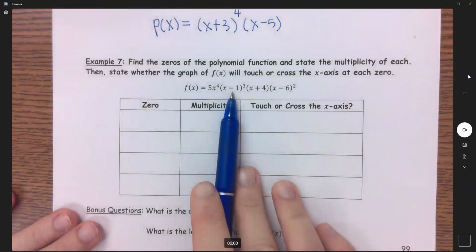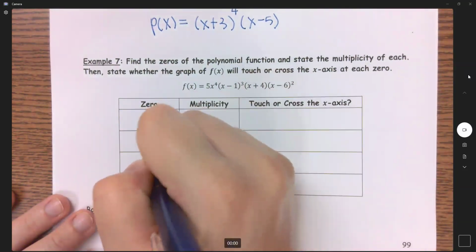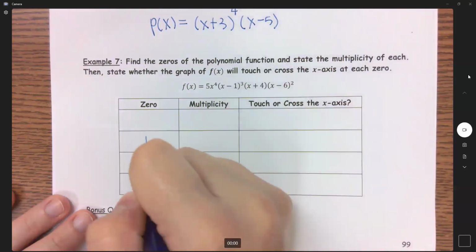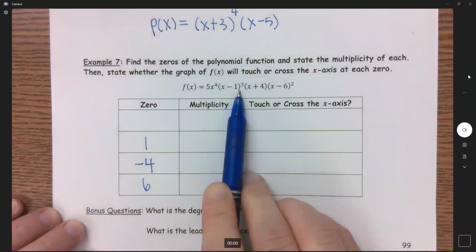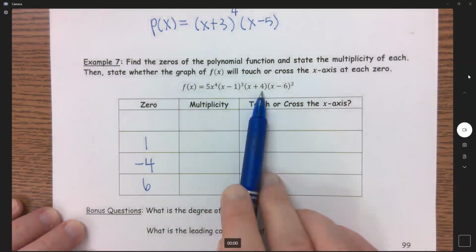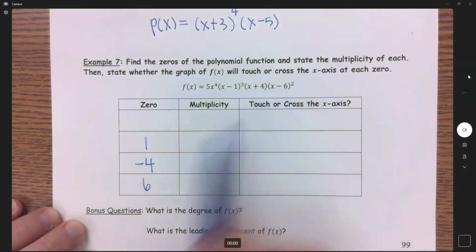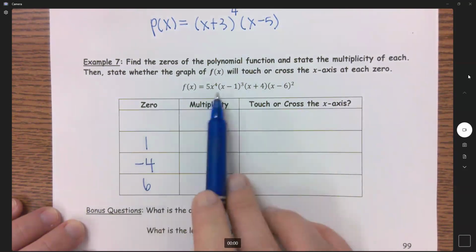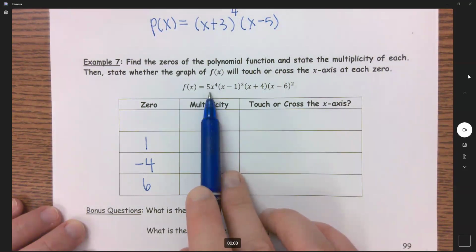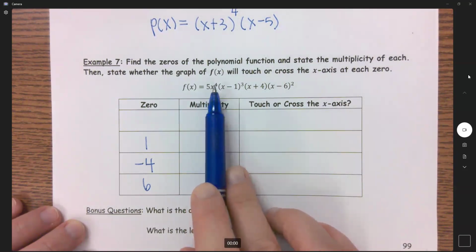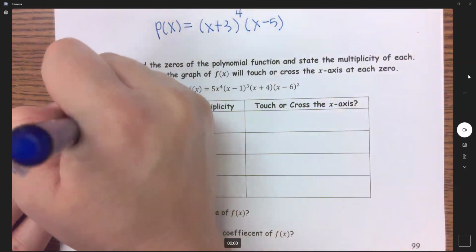I am sure that we all got this 1 right here, -4 here, and positive 6 here. Okay, you do x minus 1 equals 0, add your 1 over, x minus 4 equals 0, subtract your 4 over, and x minus 6 equals 0 here, and add your 6 over. We are missing 1 if you didn't get this one right here. It has a GCF of 5x to the 4th. Because it has an x in that GCF, that is a 0. If you solve for that,